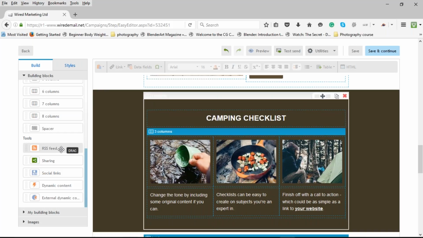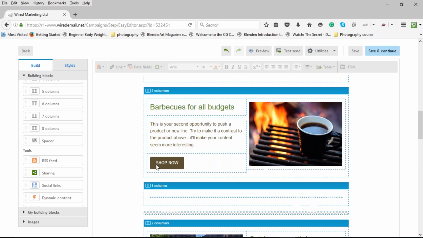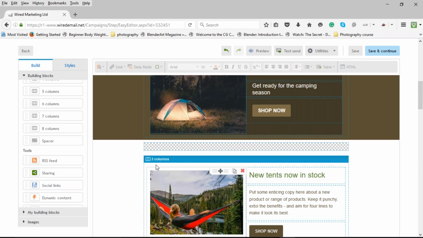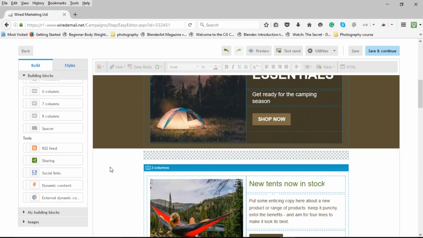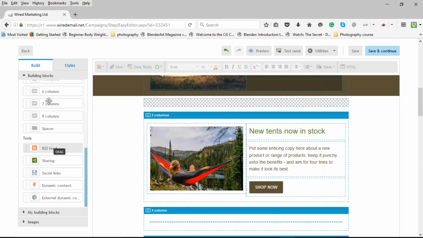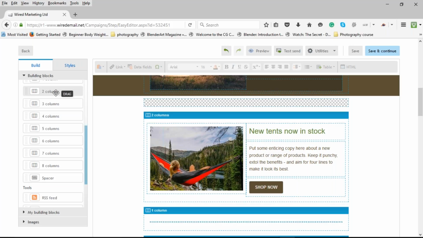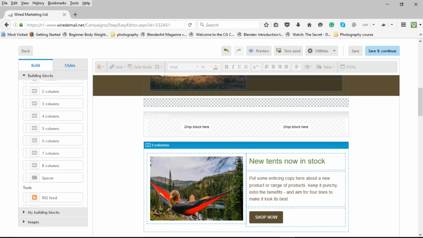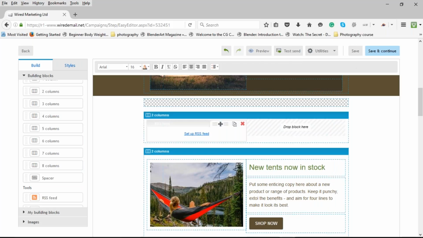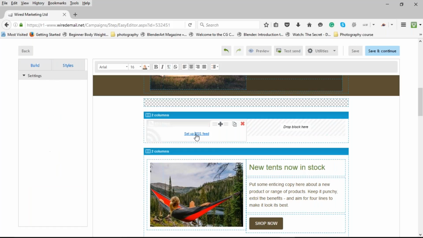So underneath there we've got tools. Now these are slightly more interactive elements that you can add into your emails themselves. So first of all, we've got RSS feeds. If you wanted to include a live feed through to your latest blog posts, you can drag and drop that tool into the column itself or wherever you want to put it, and